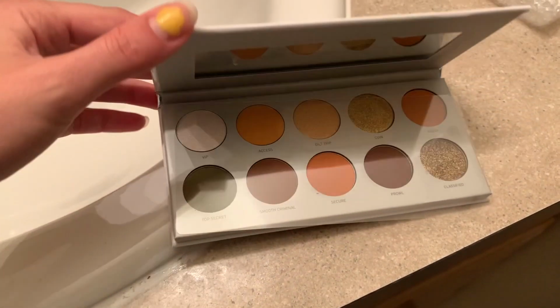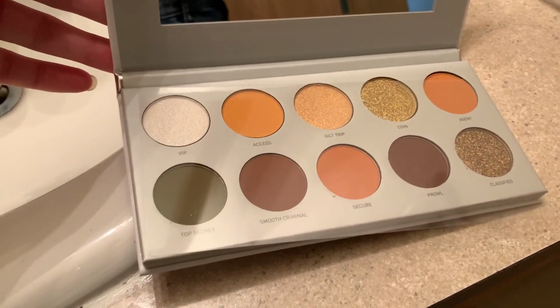And the most exciting part is I got a new eyeshadow palette. So we're gonna try that out right now and see how it is. I already have another Jocelyn Hill eyeshadow palette and I really like it. So I'm gonna try out this one, which has slightly different tones, and we're gonna see how it goes. So let's go. All right, I did the